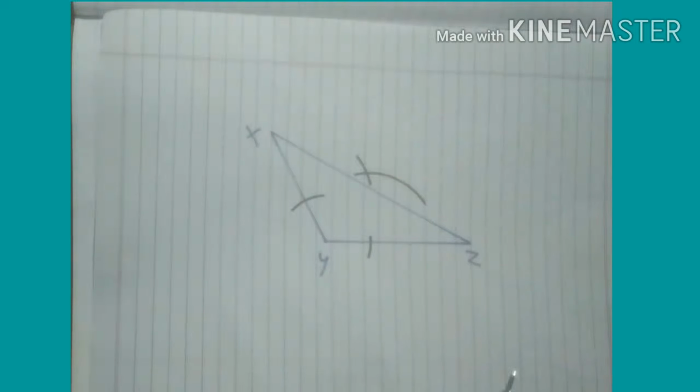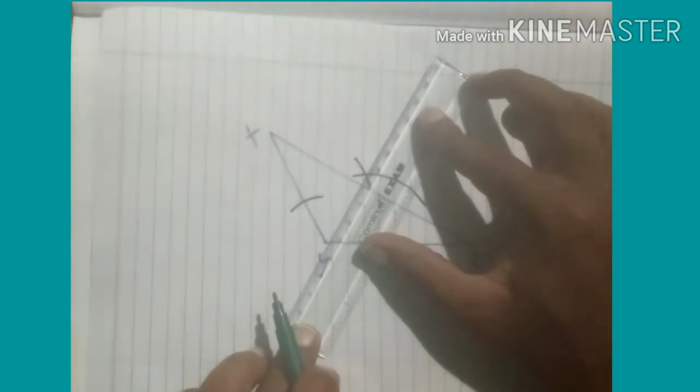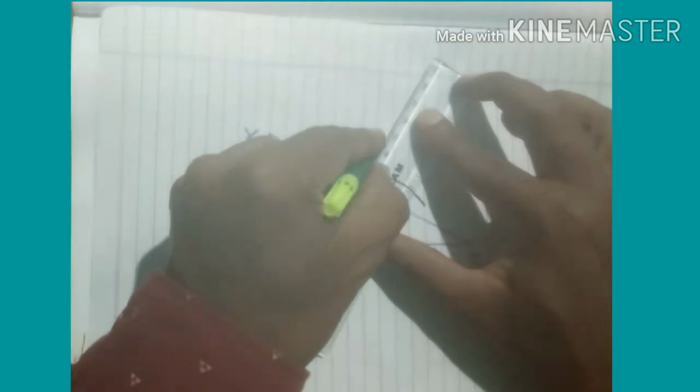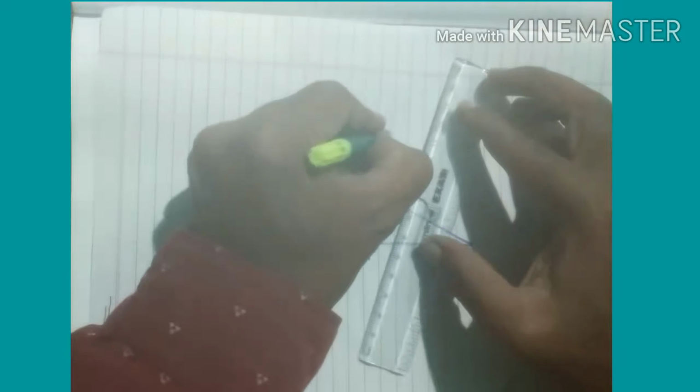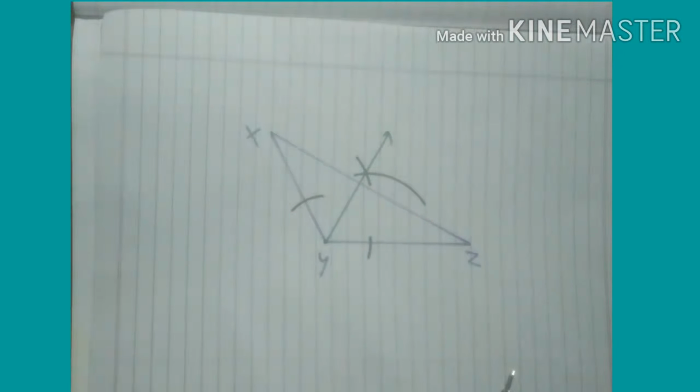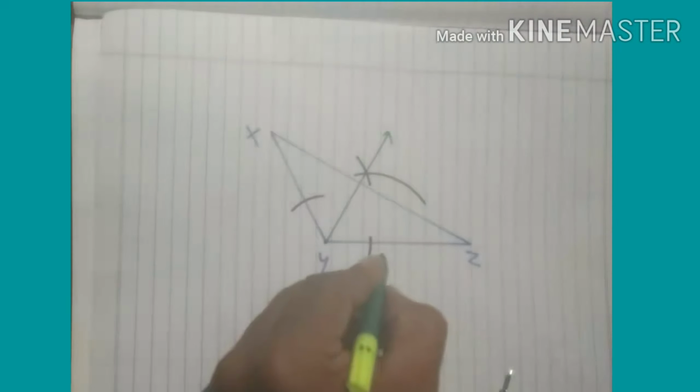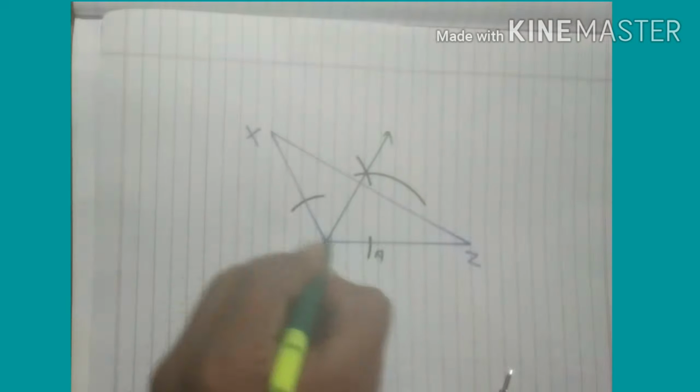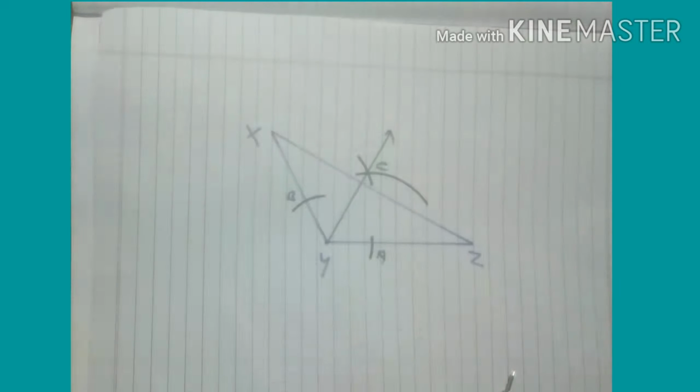From that intersection point, let's draw a ray passing through that intersection point and point Y. So this ray is the angle bisector of angle Y. For your convenience, for my convenience, for the convenience of the checker, paper setter, give names to these points. Suppose this is point A, point B, point C. It will be okay if you do not give names in my case, but consider that I am not going to check it. Okay, now we have to bisect this angle Z.